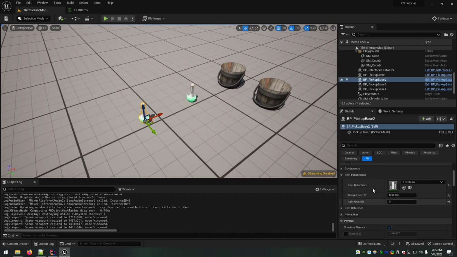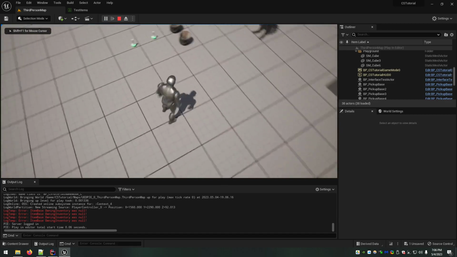So we can leave this one at 3, but now let's make this one also be a 3, or let's do a 4. What will happen is, since the max stack size is 5, you'll get 2 added to that stack, and what we should see is another stack of 2 then gets added to the inventory.